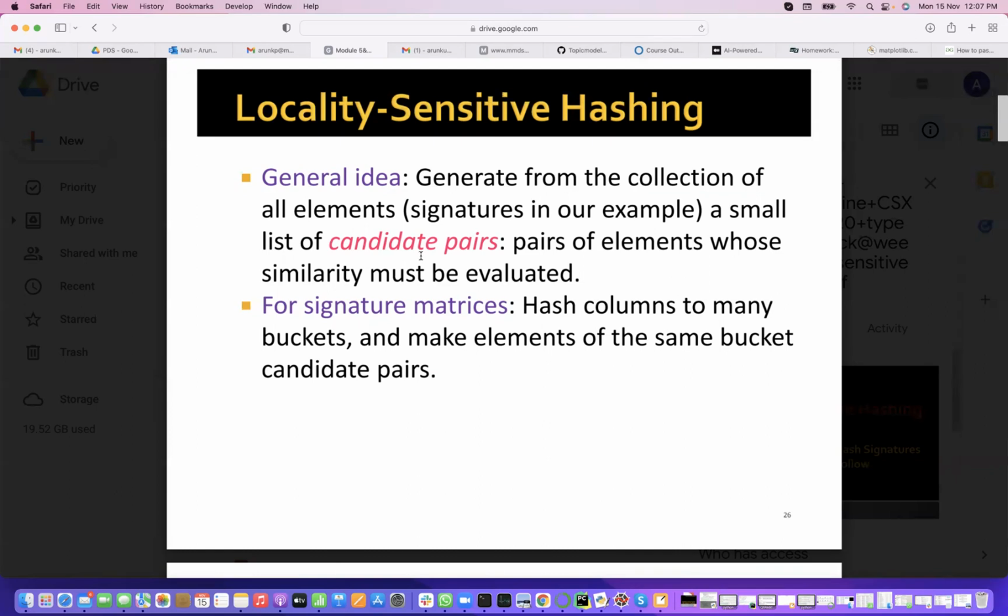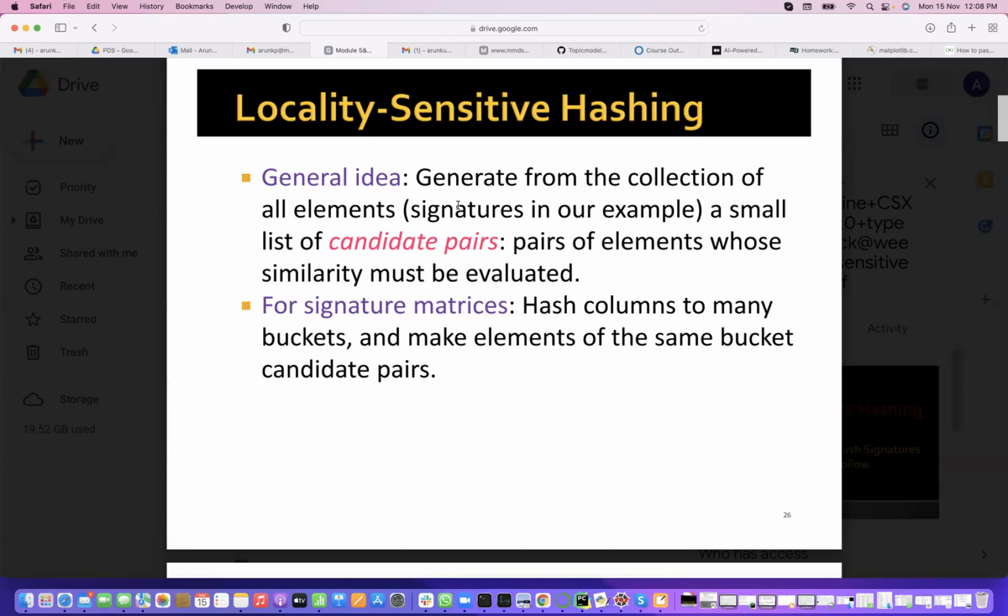Where did you use these candidate pairs earlier? Or not pairs, but at least candidate frequent sets, right? If you remember, a candidate is a possible thing; later on we evaluate and say they are not. So here also you don't need to compute for each pair whether they are similar or not. Most of the pairs, without evaluating, you can say they are not similar. So finding candidate pairs means you are reducing your workload. For each of the pairs, you don't need to do the same process.